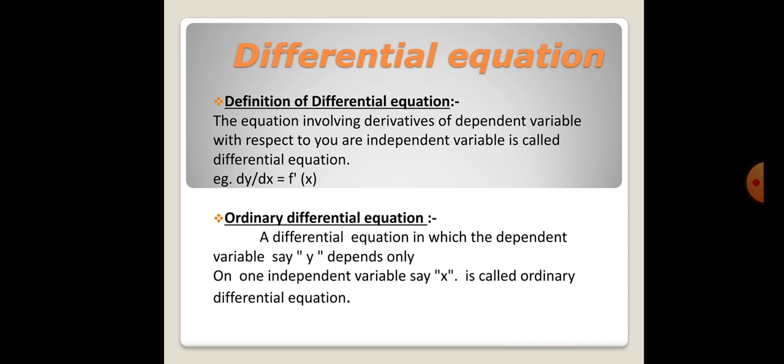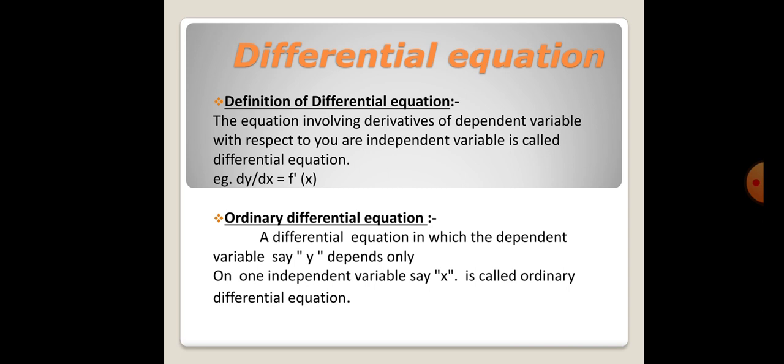The explanation is that variable y depends on x, then our function is y is equal to f of x. So x is an independent variable and y is a dependent variable. Then we differentiate this equation, we get dy upon dx is equal to f dash of x. That is, it is a differential equation because it contains a differential coefficient. Simply, the equation that has a differential coefficient is called a differential equation.